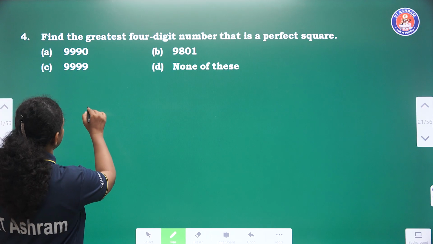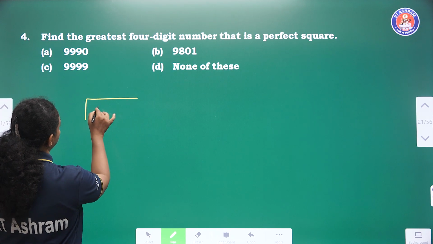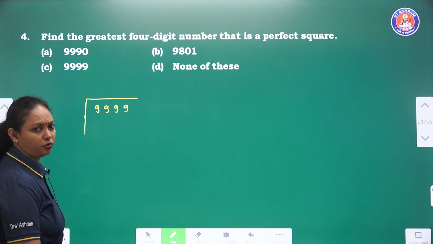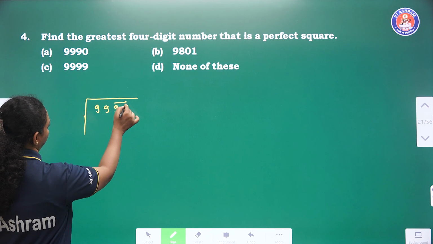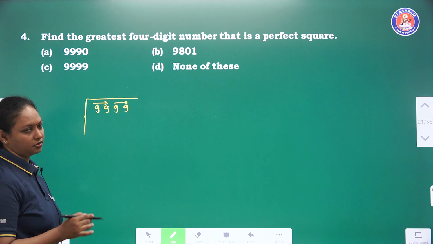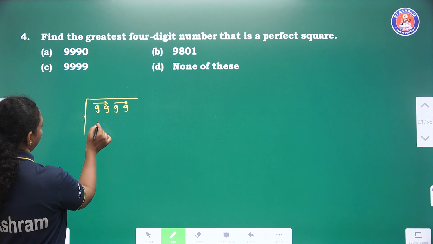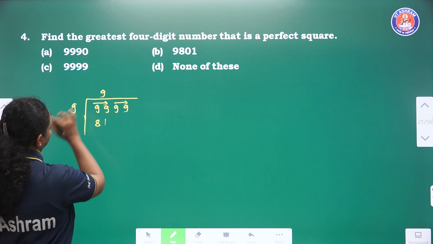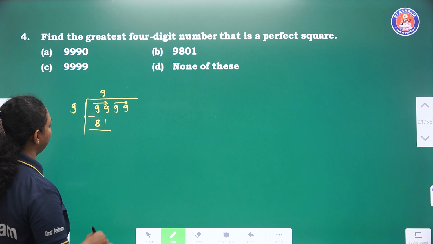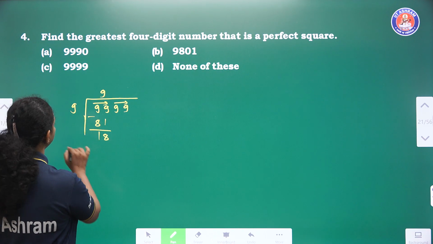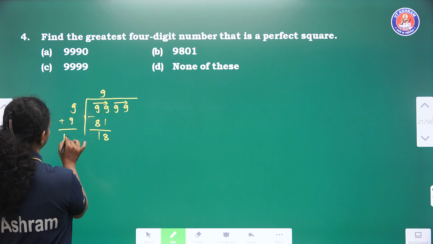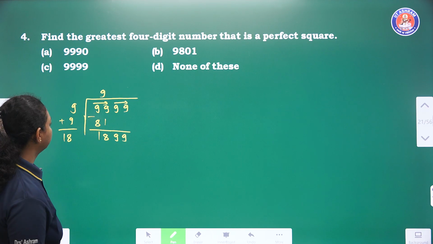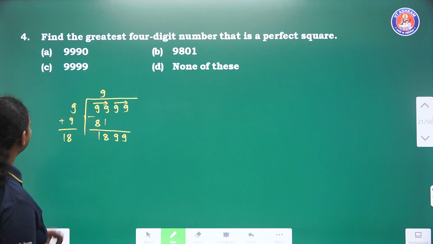So the first step: we know that the greatest 4-digit number is 9,999 and we are going to find the square root of that number. For that, what we have to do? Just make pairs, and the perfect square number just less than 99 is 81, where we get 9 as the root. 99 minus 81 is 18. 9 plus 9 is 18. Again we carry down 99. So now 18 into,